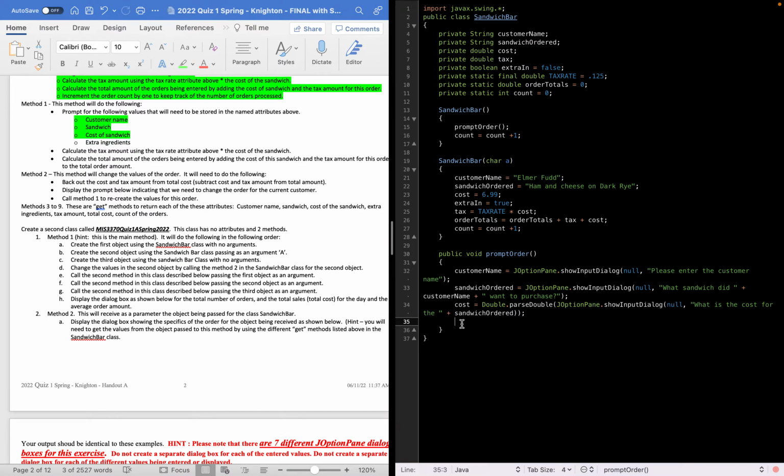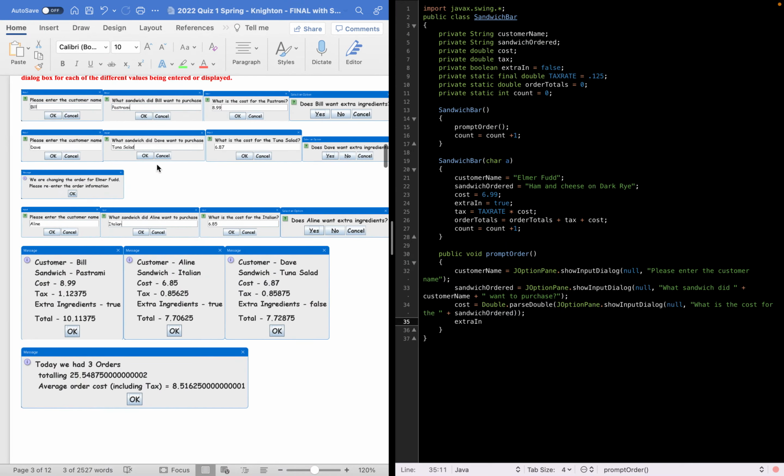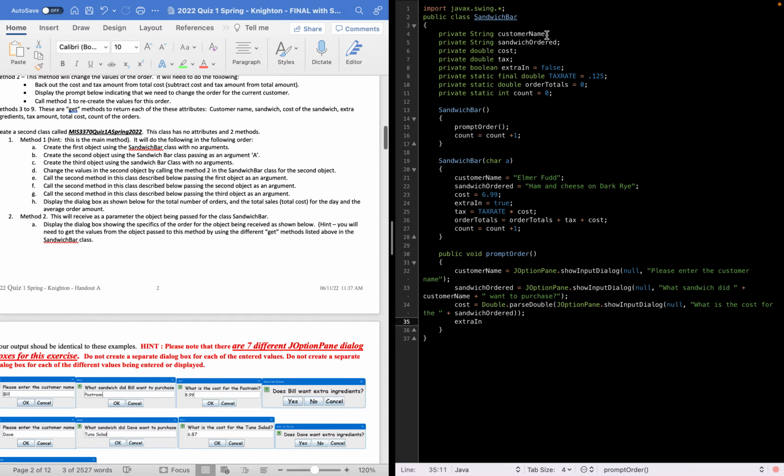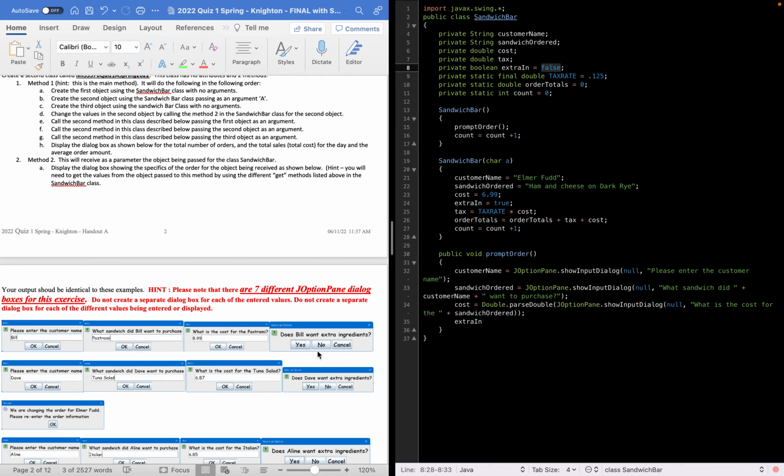So let's see if we can break it down for you guys. We're going to be using this, and we want to see if the user wants extra ingredients or not, and we want to change this from false to true if they click yes, or leave it at false if no. So to do that, we're gonna say